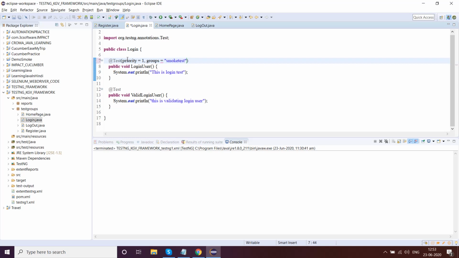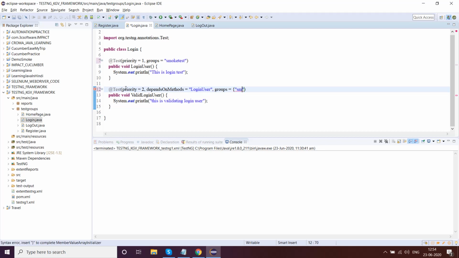Here I'll give priority equals to 2, depends on methods equal to this method, that is login user, and I will add two different groups to it. One I'll give smoke test, and the other I'll give sanity test.